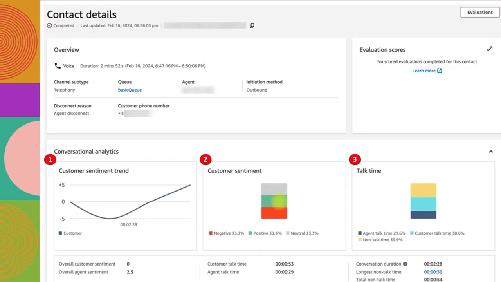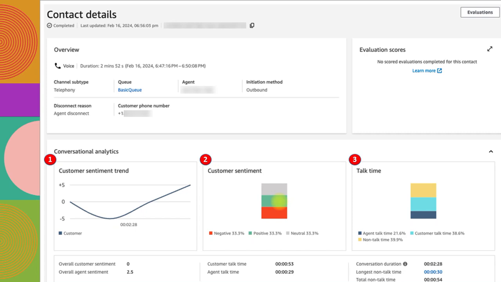Okay, so what is the output of Contact Lens? Let's give you a little example. This is on the Amazon website, and what are we trying to do? Suppose we want to know this customer is complaining. We want to know what this customer's interaction is with a particular agent. We generate a report,